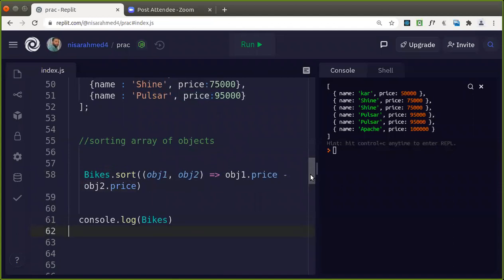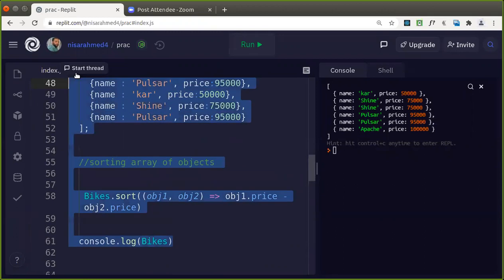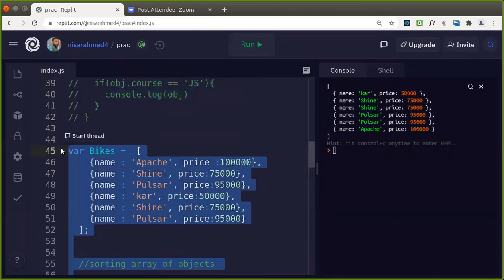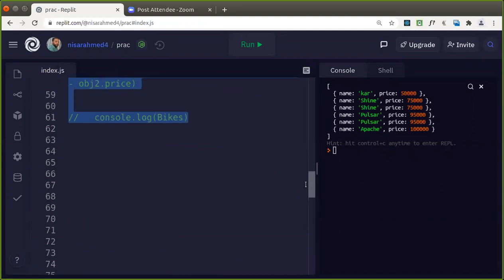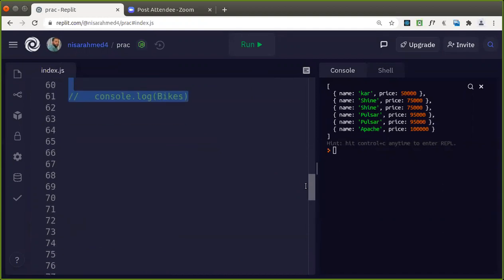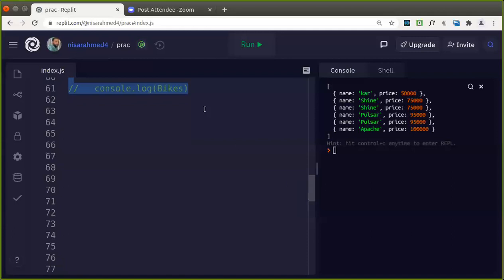Let's take up one more example on this one. We comment this. So we are working with an array of objects, isn't it?